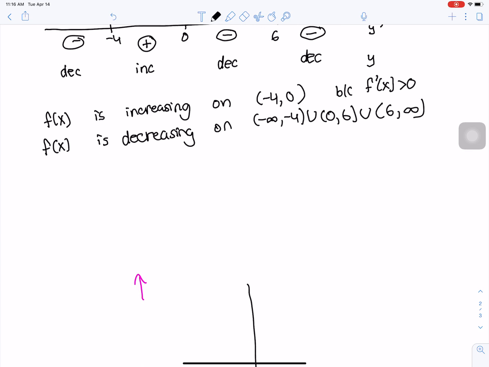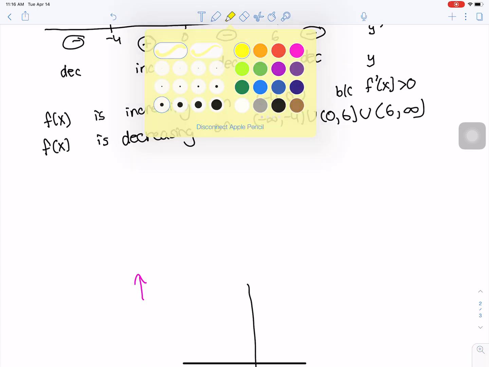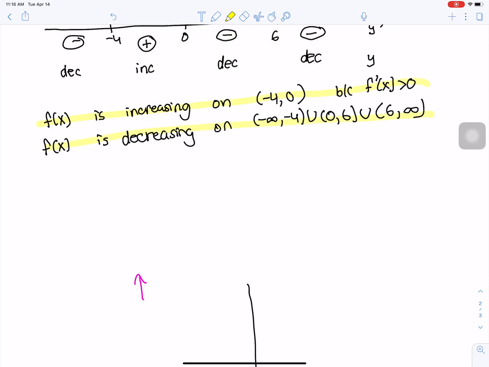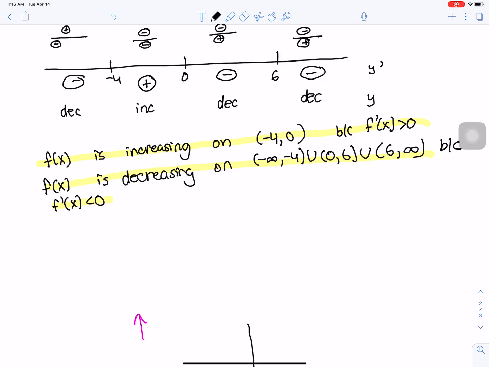Now let's consider local maxes and local mins. So we're looking for sign changes. Oh, let me write because f prime of x is less than 0. So we're looking for sign changes from plus to minus. So this is going down, down, and then up. So there's a local min. Up to down, local max. And then there's no sign change on that last section. So local max